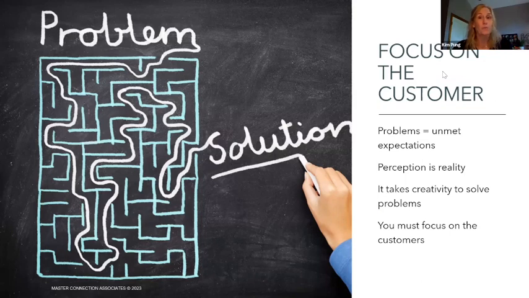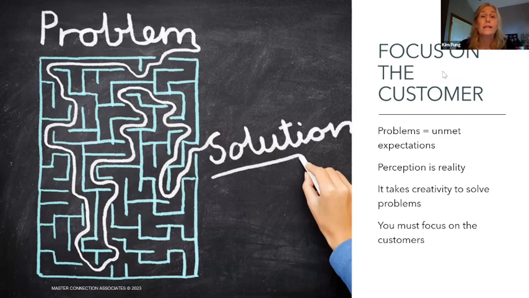And if we're in a defensive posture, we're going to respond differently than we would coming from a posture that says, if I were that customer, I would understand their disappointment that the location is not close to the airport. If I were the customer, I too would probably be disappointed if I couldn't have all the space in the same building like I envisioned in my mind as I was putting this event or program together. And so it's important that we focus on the customer and come at it from their perception, because their perception is their reality. Sometimes their perception is a little unrealistic, but it is the reality that they're in, and that's what's real for them. And so we have to be in that reality to be successful.